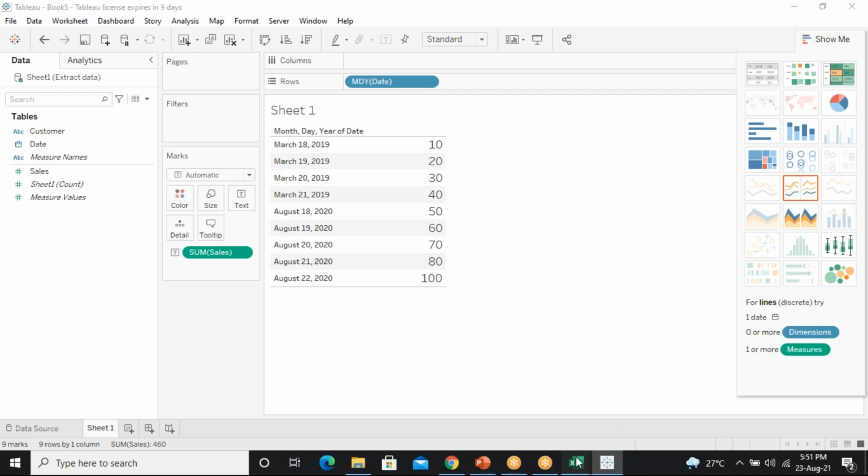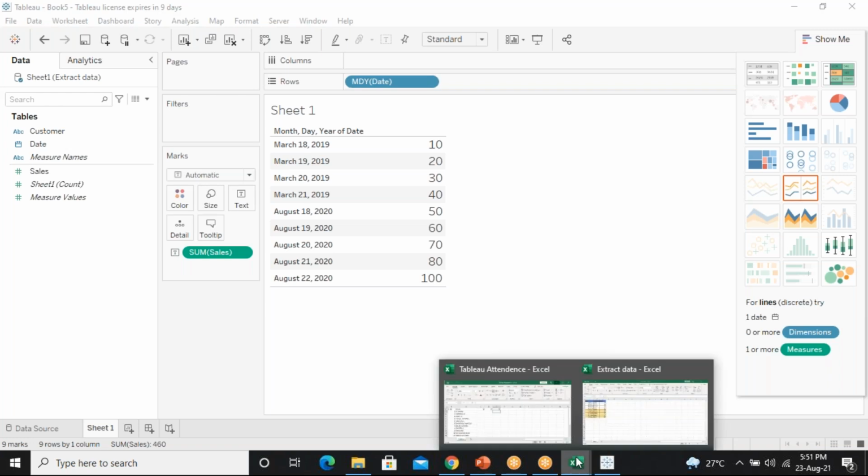But here I'm editing an Excel file of the same type that I kept on the desktop, separately. If I try to refresh here, it will not work. So which file you connected, the same Excel file only you have to edit and modify. Then only if you refresh, the data will be reflected. Is that clear?